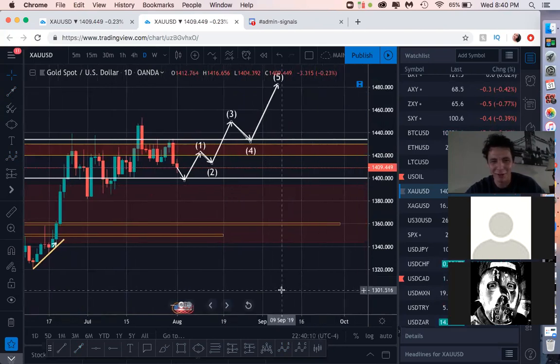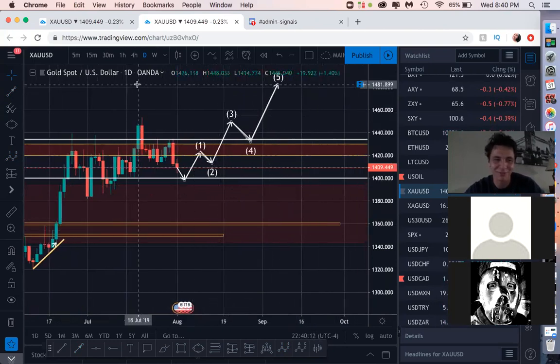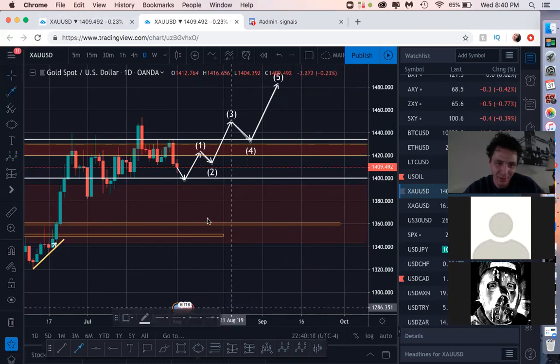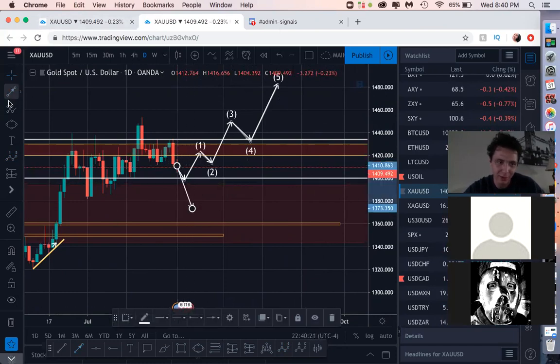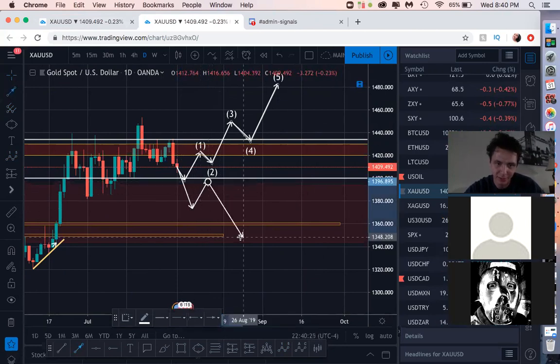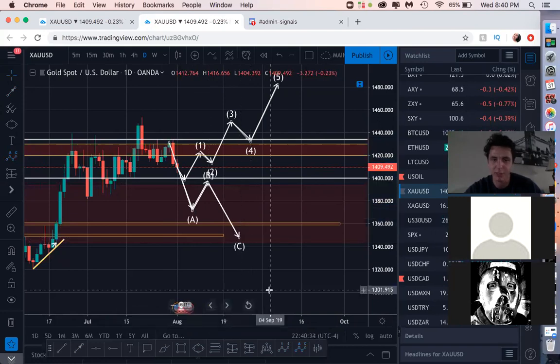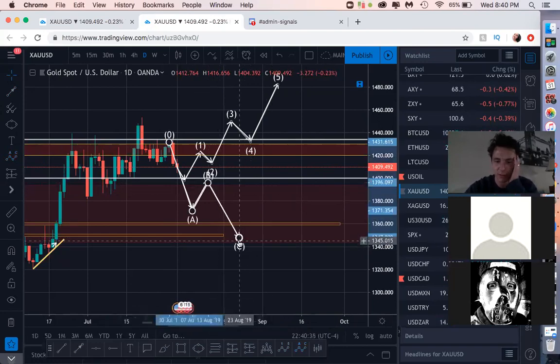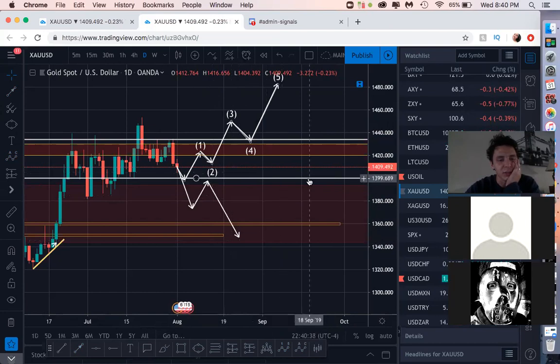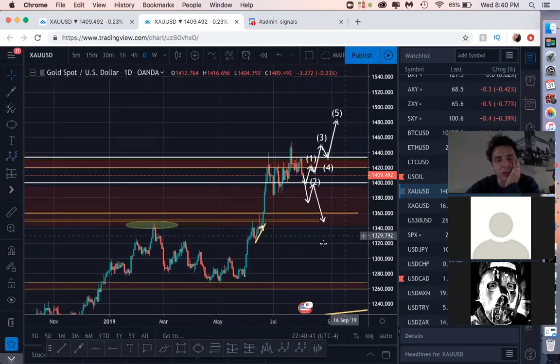I'm sure you're probably like, how does he know this? But really, I'm just bullshitting. This is just a scenario that could play out. I mean, really, we could see price come back down, retest this, and head back down for a corrective wave, if we're speaking in terms of Elliott wave stuff. But really, generally, no one really knows what the market's going to do.